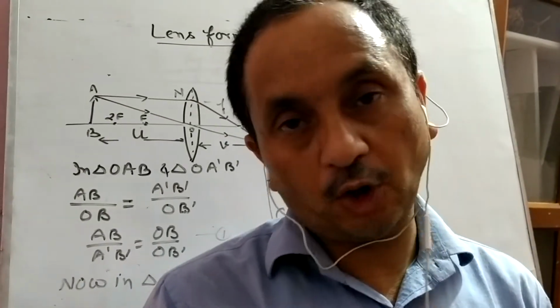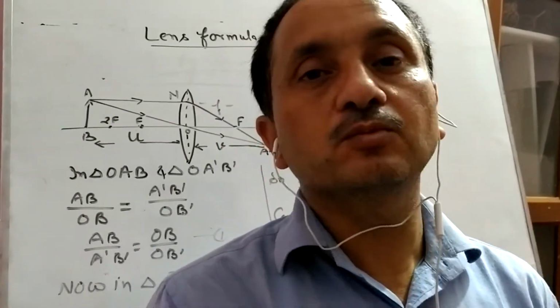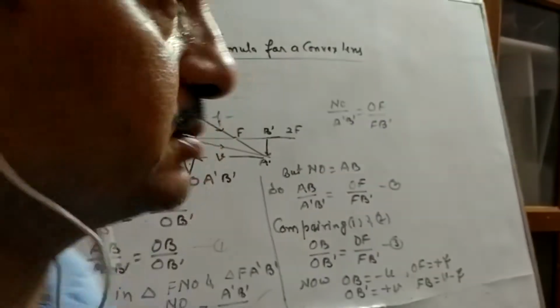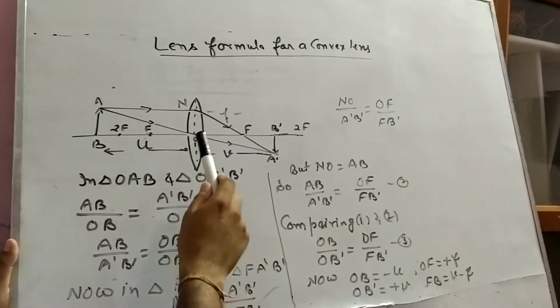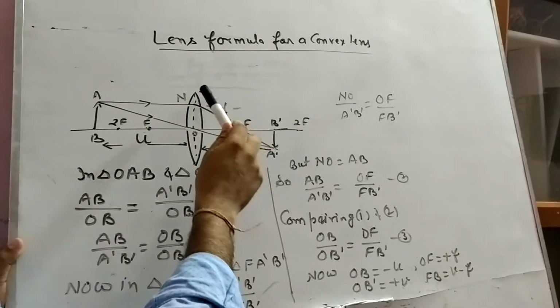Now, my topic is lens formula for a convex lens. Lens formula for a convex lens. Now, you will see on the board,